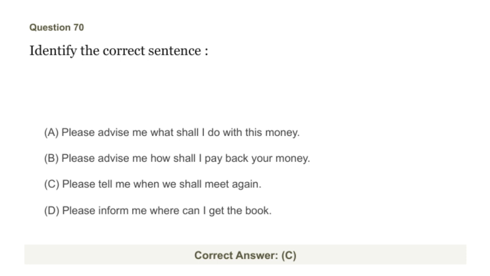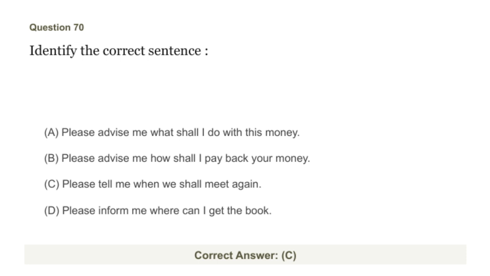For example, option A asks, "What shall I do with this money?" which is correct but not relevant to the context of asking about meeting times. Option B's, "How shall I pay back your money?" is grammatically awkward and less natural. And option D's, "Where can I get the book?" is correct but doesn't fit the question about meeting arrangements. So, in summary, option C is the best choice because it uses proper structure and clearly asks about the timing